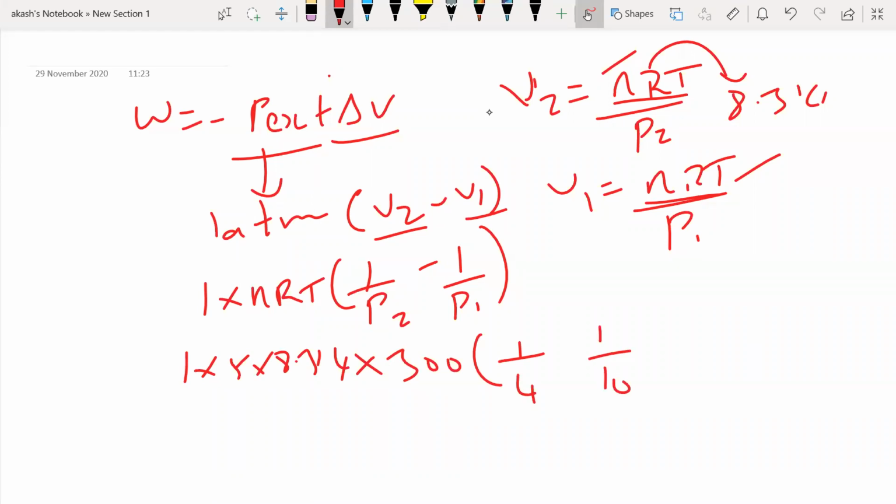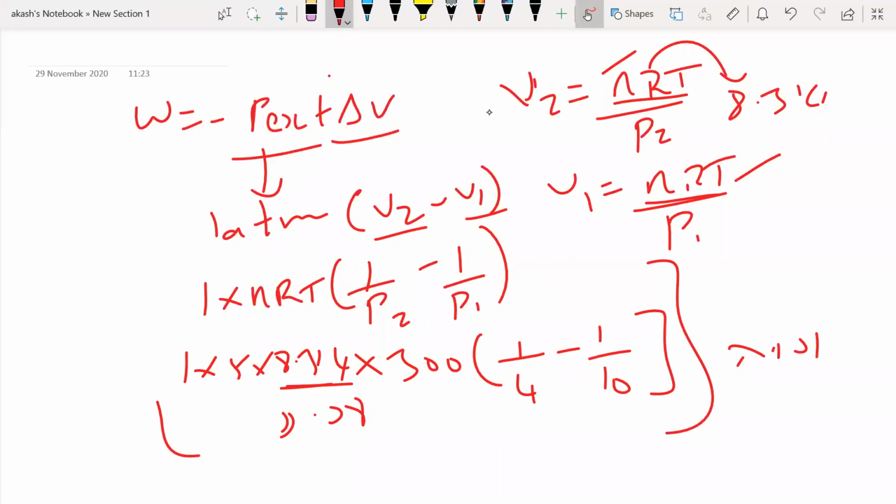Sir, R should be 0.0821 because in atmosphere it's going to pressure. Yes, exactly, correct. We're using atmosphere, but if you want the answer in terms of joules, this will be taken care of if you put 8.314. So not an issue. If you use 0.0821, the whole answer you get should be multiplied by 101.3. So approximately this and this will give the same answer. I don't have to worry about it.